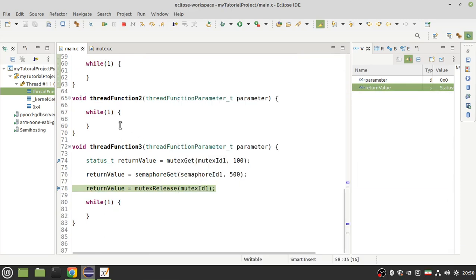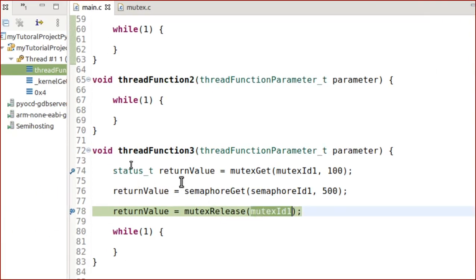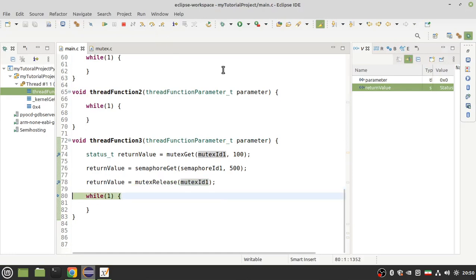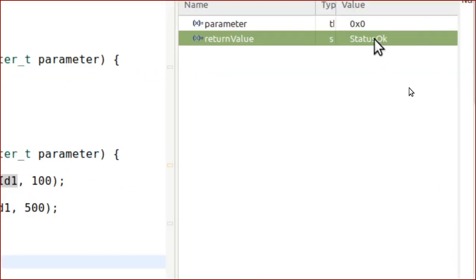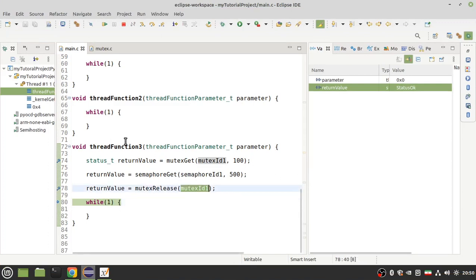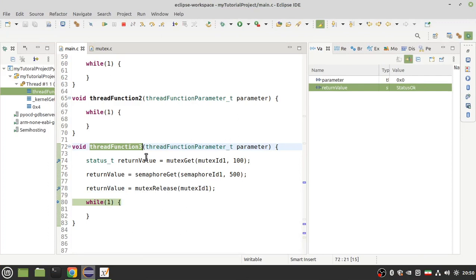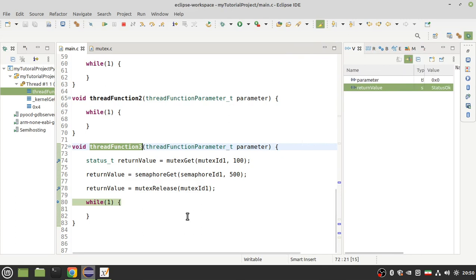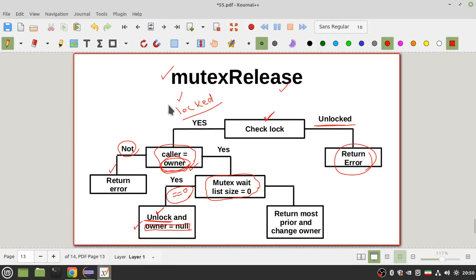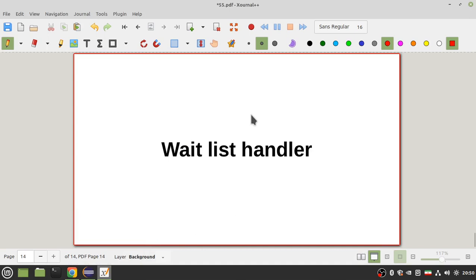So now thread 3 gets the semaphore like the Mutex. Now I want to release the Mutex in thread 3. The return value is okay because the owner of this Mutex is thread 3, and thread 3 can release the Mutex. So very good. But before finishing this part, another time, like semaphore, if you want to support Mutex, you